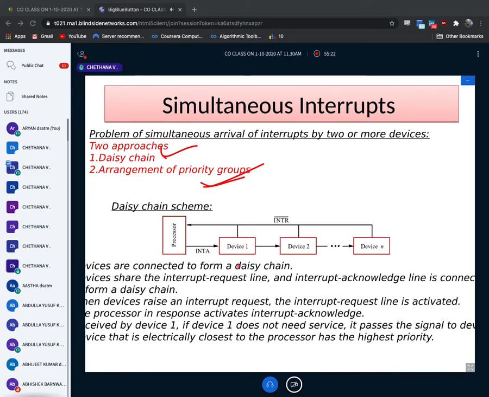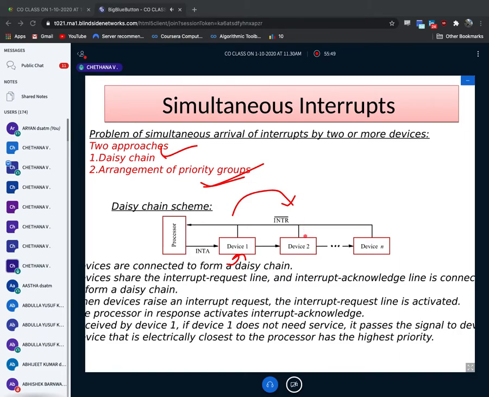Okay. So what I will do, I will see to device 1 first. Who is available here? To my processor, who is nearer? Device 1 is nearer. So my processor will go to device 1 and check it out. If device 1 requires the service, then the processor will take device 1's request and service it. If device 1 doesn't want it, then only the option will go to device 2. Are you clear? Like that.